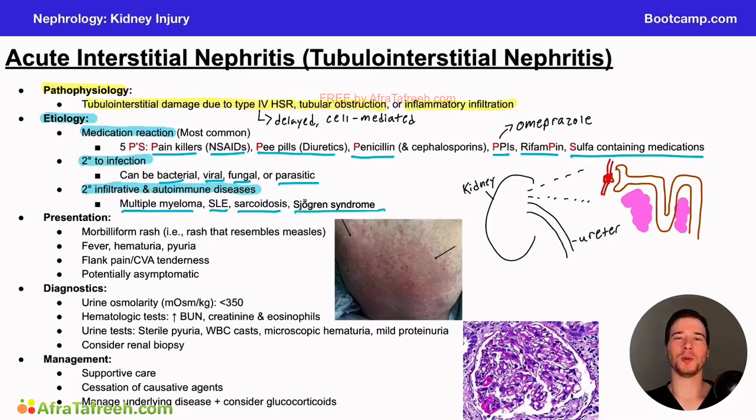So I think that a good way to prepare for board exams is to have a general idea of what is expected for us to know. I think it's expected for students to know that medication reaction is a very common cause of acute interstitial nephritis. I think you can stand out and get questions right that other people will get wrong if you can really dive in a little bit deeper and think about some of the secondary causes that can actually lead to A.I.N